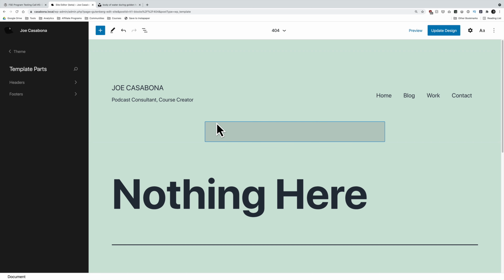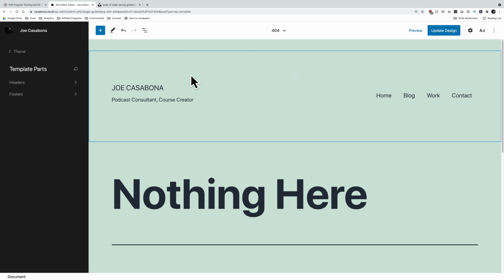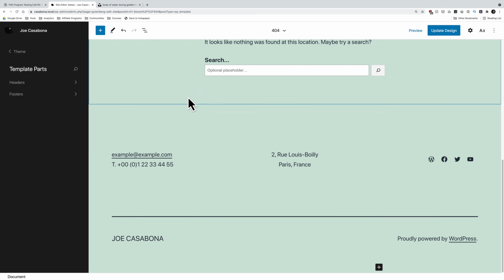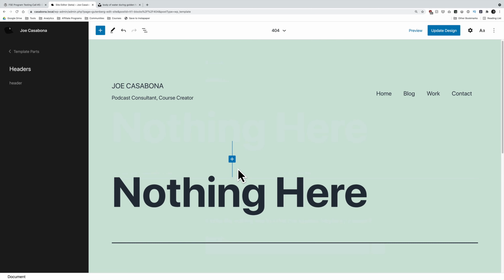When I create my 404 page, I want to essentially get rid of the header. I want the 404 page to kind of be its own thing, and I want to modify the footer a little bit as well. And right now, the 404 page is using the default header and the default footer. So let's go back